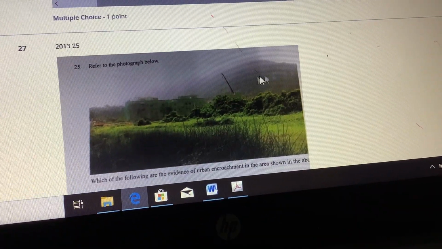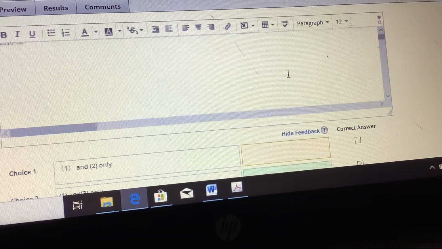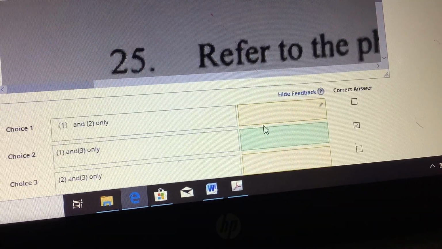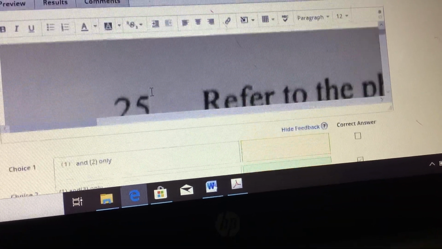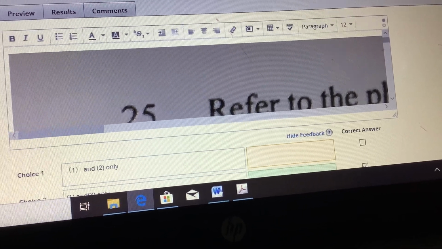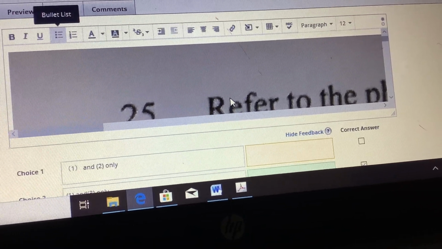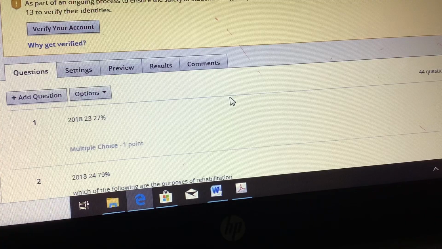Because it's a bit difficult, a bit tricky, I'm not going to risk it. I need to play safe. Yes, number 1 and number 3. Okay, because I cannot see any containers in the photo, so it shouldn't be the open storage.